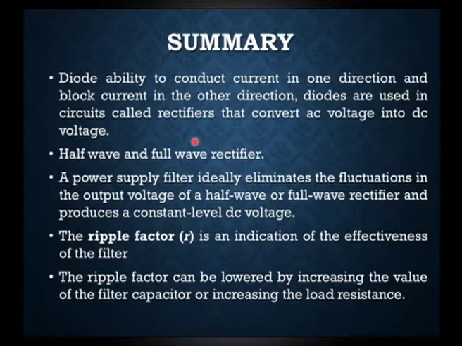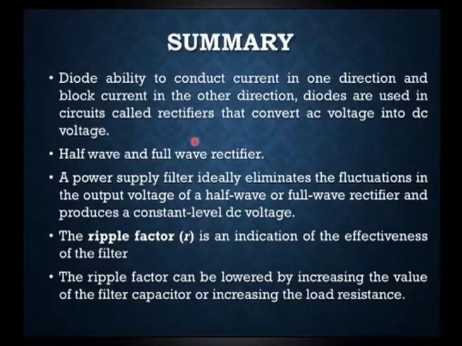Finally, we come to the end of this section. Initially, we studied the diode rectifier. What does a rectifier mean? A diode has the property of conducting in only one direction, which helps us use a diode as a rectifier. In a half wave rectifier, the diode conducts only in the positive half cycle, whereas in a full wave rectifier, with two diodes, we conduct in both the positive as well as the negative half cycle. We can get the output over the entire 360 degrees.